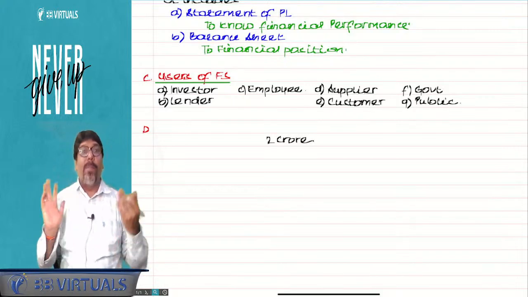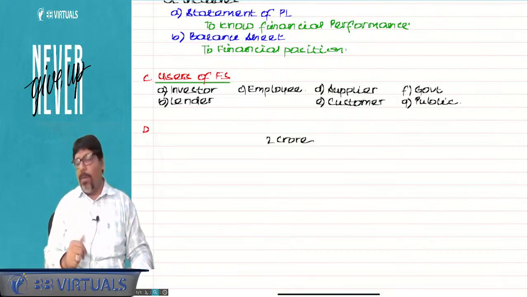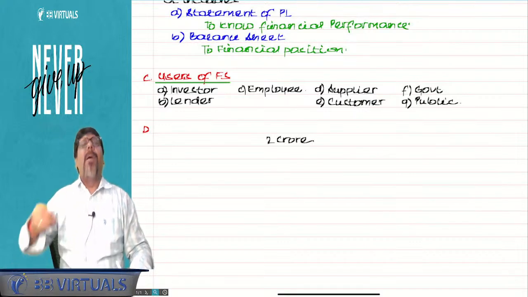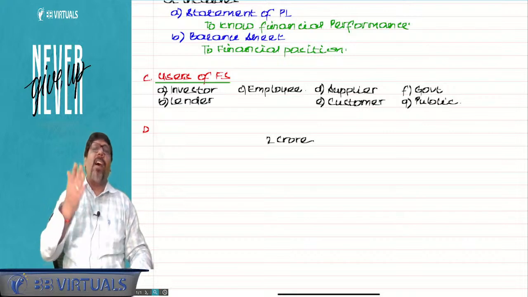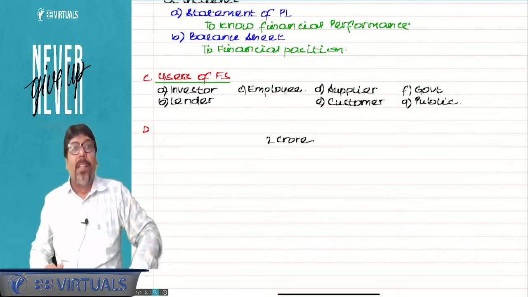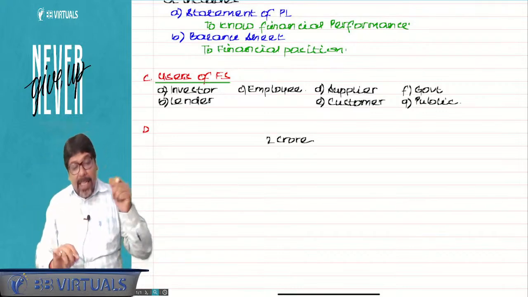Sir, 2 crores, too much profit. I have never seen that in my life. One student is saying, oh no, sir, 2 crores, that is pathetic. Why? Sir, my father earned 10 crores every year. 2 crores, bad profit. So don't you think this is becoming a subjective matter? Yes or no? Yes, sir.